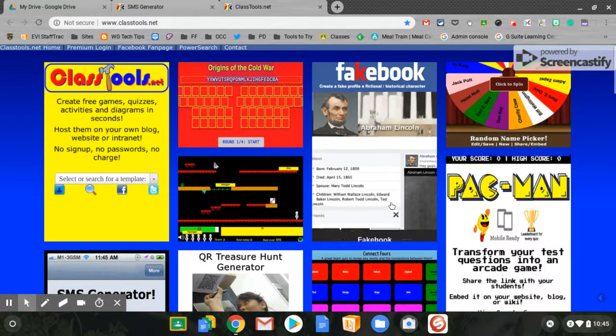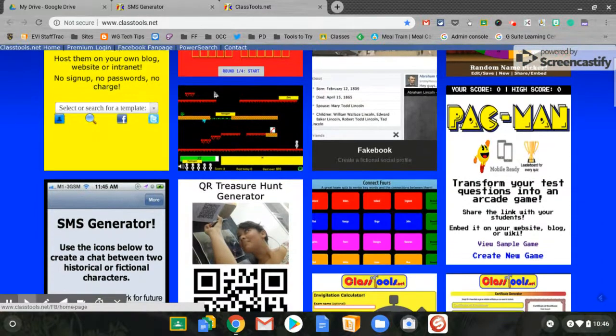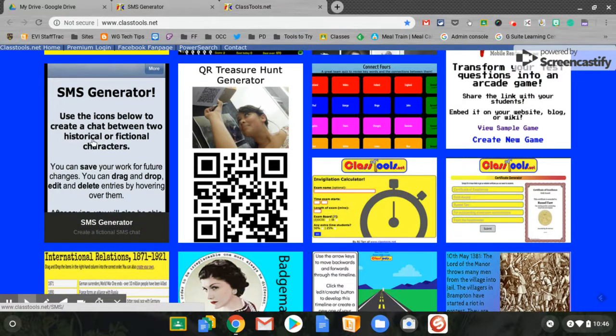Last week we looked at Facebook, where you can set up a Facebook-like account to have posts from historical characters and kind of write messages in the spirit of those people. This time we'll look at an SMS Generator, short messaging service, or text messaging. And what we'll do is just click on this,